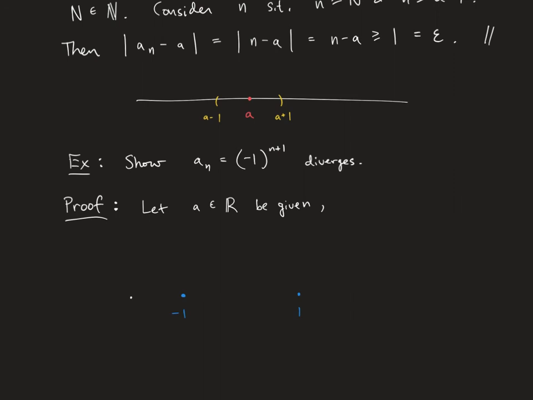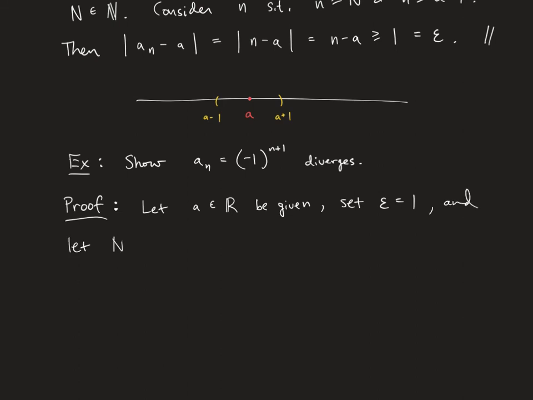And so what we can do is take epsilon equal to 1 here. So let A in R be given, set epsilon equal to 1. And then we claim that that's going to work. So we'll then set epsilon equal to 1 and